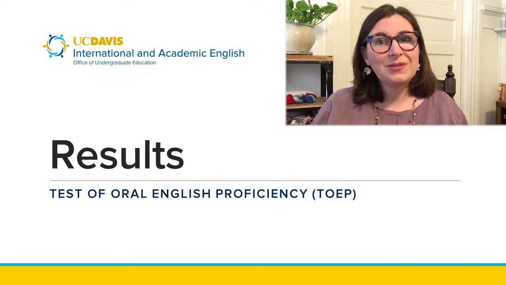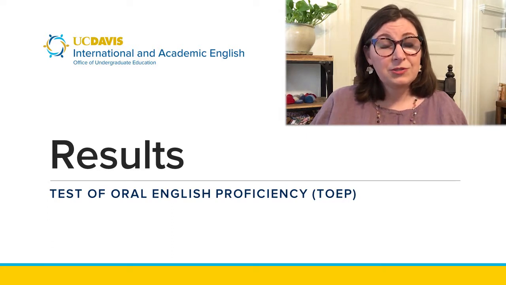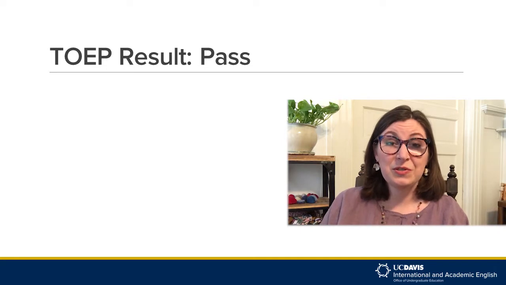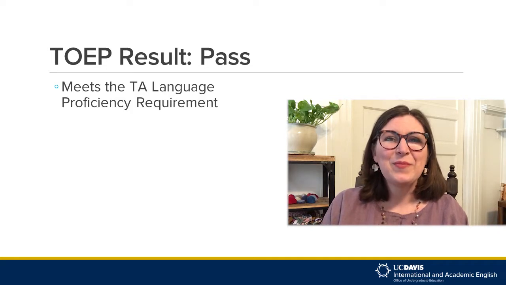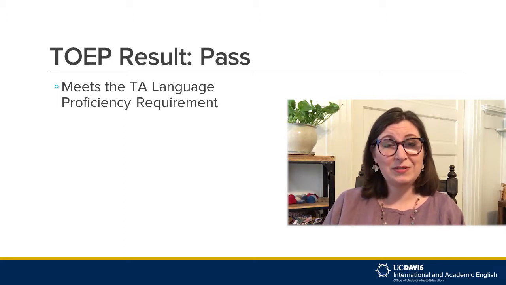In this video, I'll talk about the 3 possible TOEP results and also talk about the procedures for students who need to retake the TOEP. The first possible TOEP result is a pass. A pass on the TOEP means that you have met the English language proficiency requirement to work as a TA